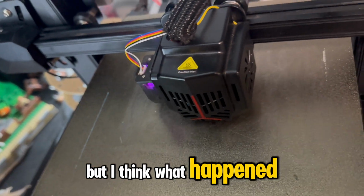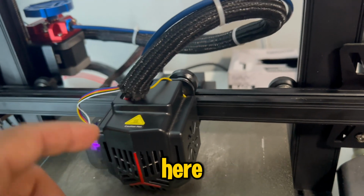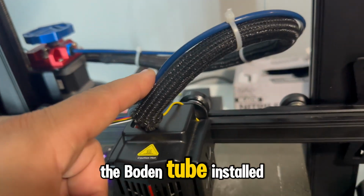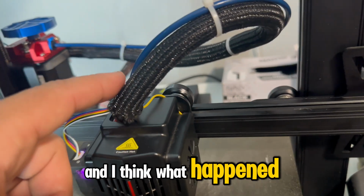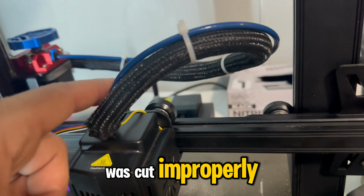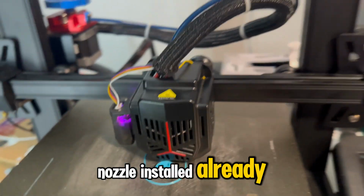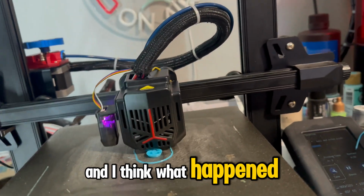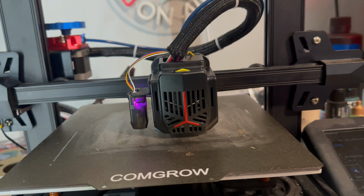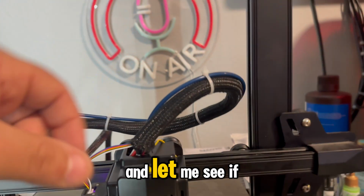But I think what happened is this hot end, so underneath here there's a metal piece, came from the factory with the Bowden tube installed. And I think the stock Bowden tube either was cut improperly or not fully seated down, and it also had a nozzle installed already. I think there was a small gap between the nozzle and the Capricorn tube. In fact, let me see if I can take this off